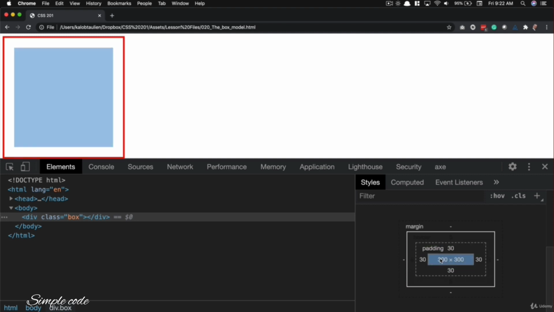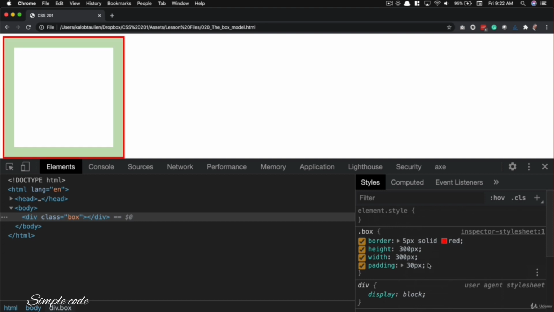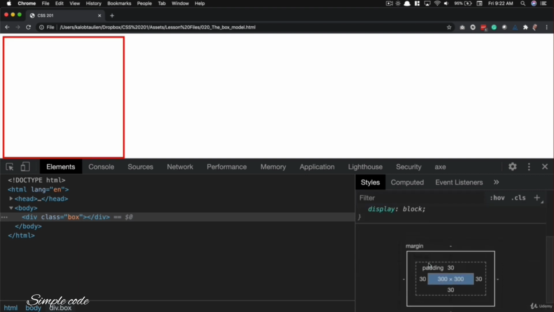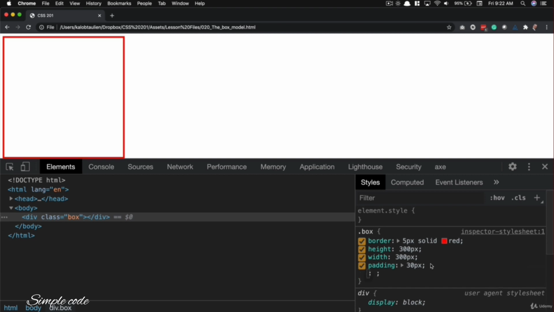Now, sometimes that's what we want, but for the most part, that's not what we want. What we want is to say, make the whole thing 300 pixels wide or 300 pixels tall, and that includes the padding. So by default, the box model, what we're looking at here, does not include having padding, does not include having margin. So what we can say